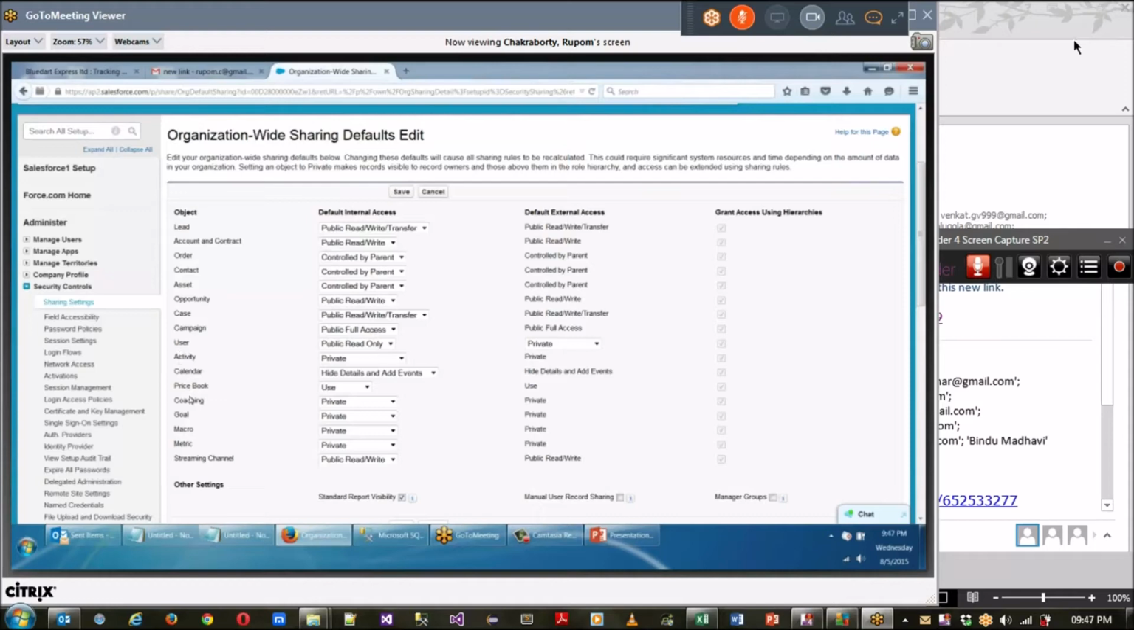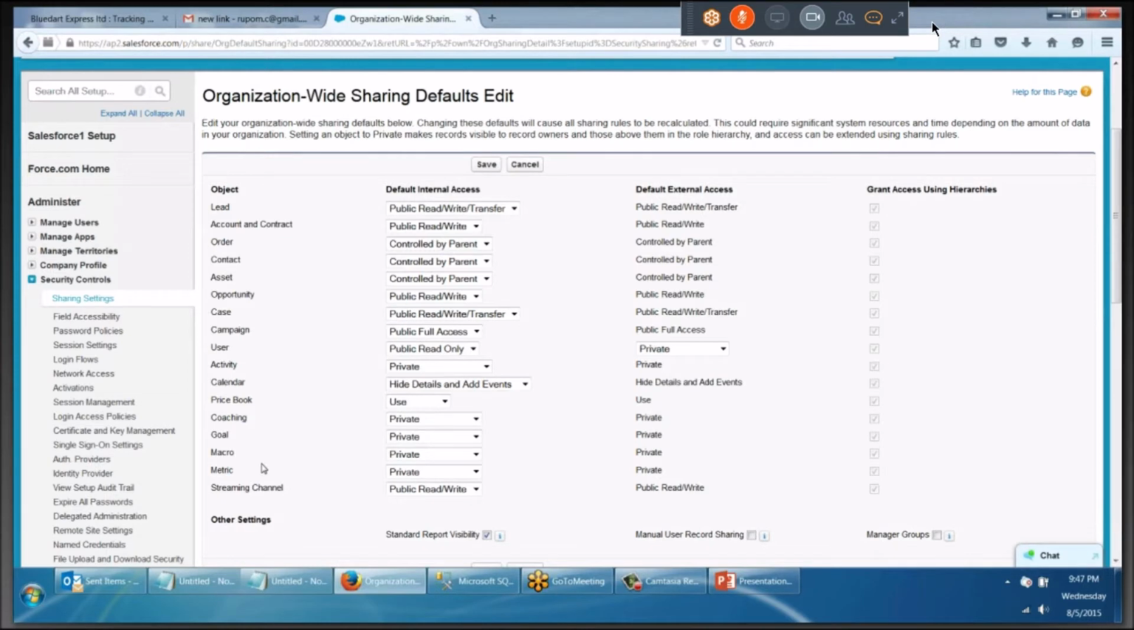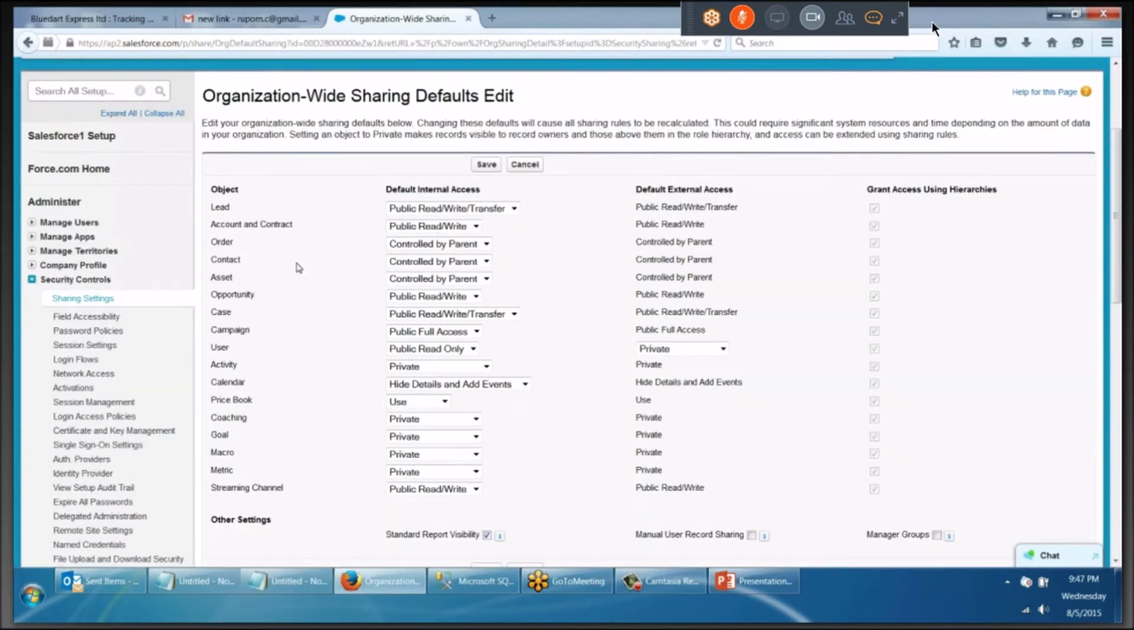Users, activities, calendars, price book, coaching, goal, macros, metrics, and streaming channel. These are the only places where your OWD works. Now, write down. There are five